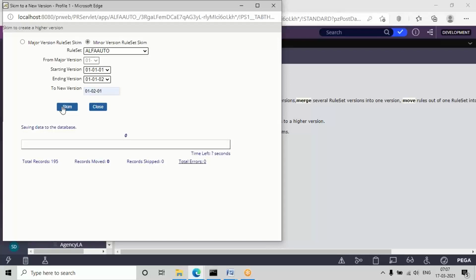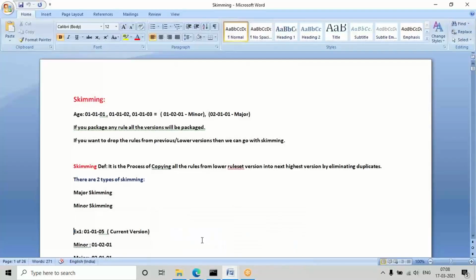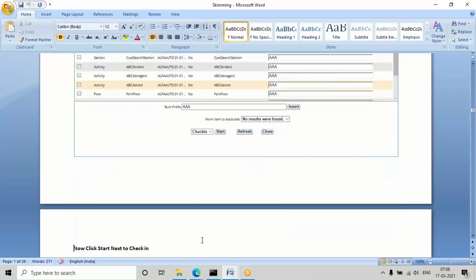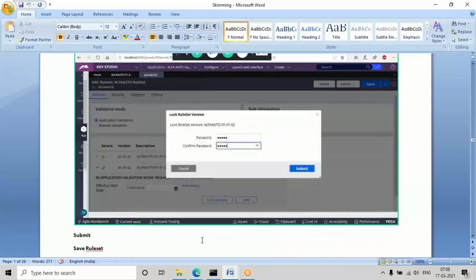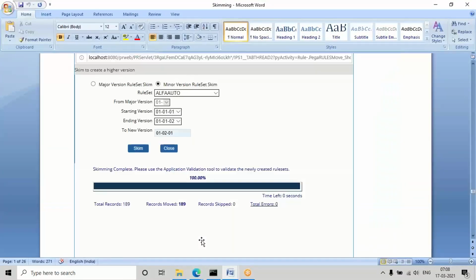Maybe it may not show the process here sometimes. So after a few seconds, just close this. Okay, in the rule set form, a new version will be created. Actually in the present version, I don't know why it is not showing the status. In the previous version, if you check the screenshot, actually in 8.1 also, during the skimming, or after it is completed, it will show the status. It showed in real time also.